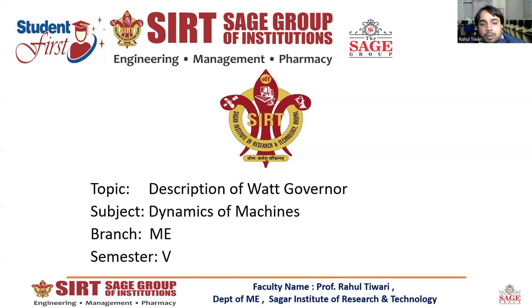So today the subject is dynamics of machines and our topic is description of Watt governor. Before we start Watt governor, we have to understand what a governor is. The function of a governor is to regulate the mean speed of an engine when there are variations in the load. It means, if we take an example,